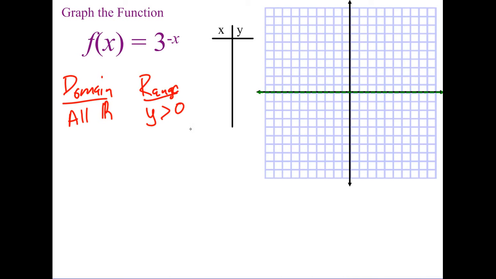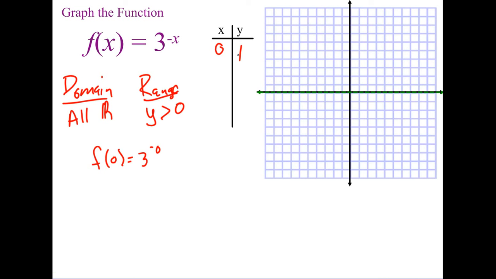And let's go ahead and start finding some points. We'll start with the point f of 0. That's 3 to the negative 0. Oh, I might have the range wrong because I didn't notice the negative here. We'll have to take a look at that. Let's look at f of 0. F of 0 is 1. Alright, so we do have the range right because we have 1 and we're greater than 1